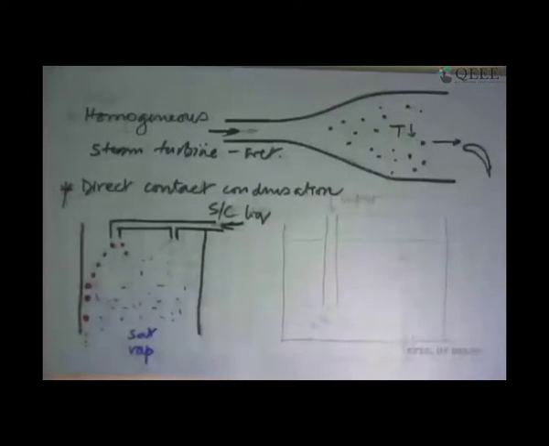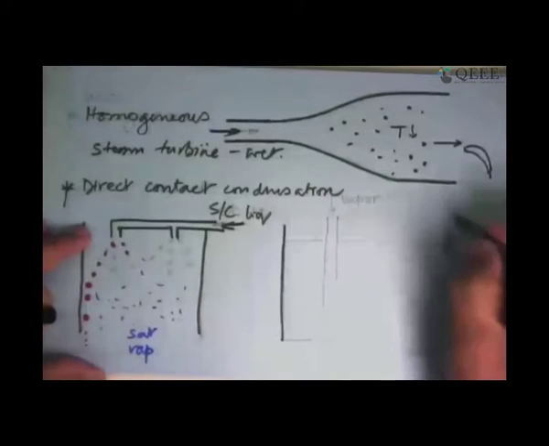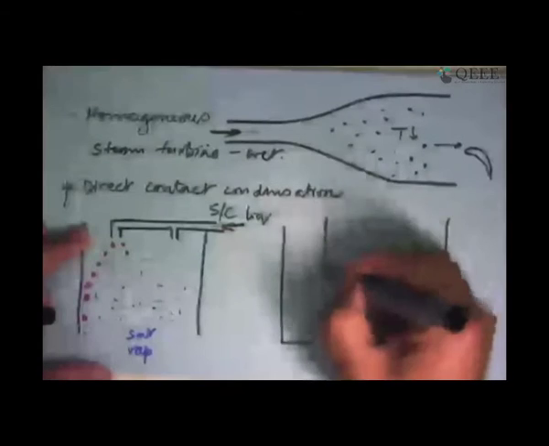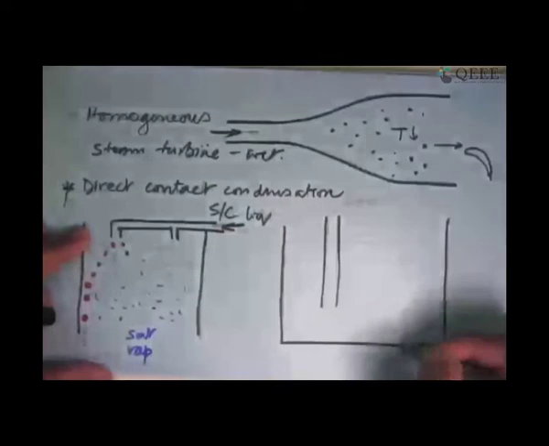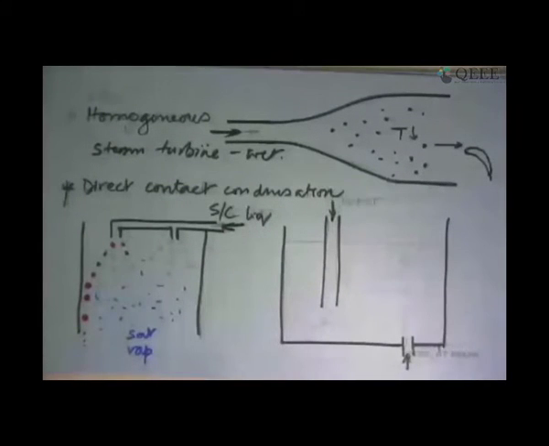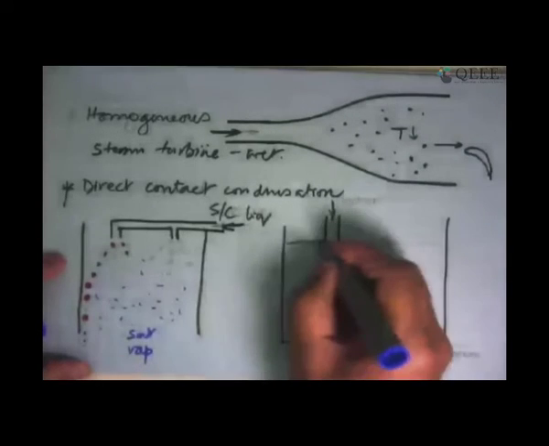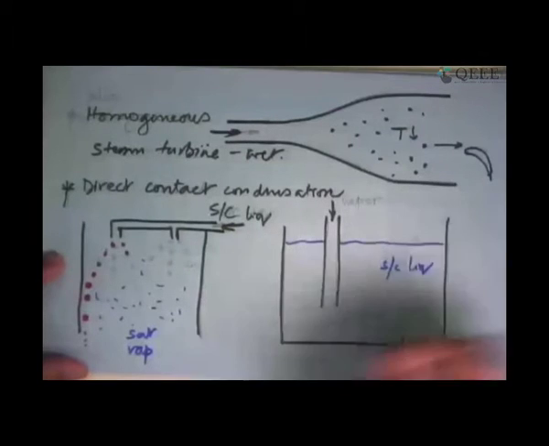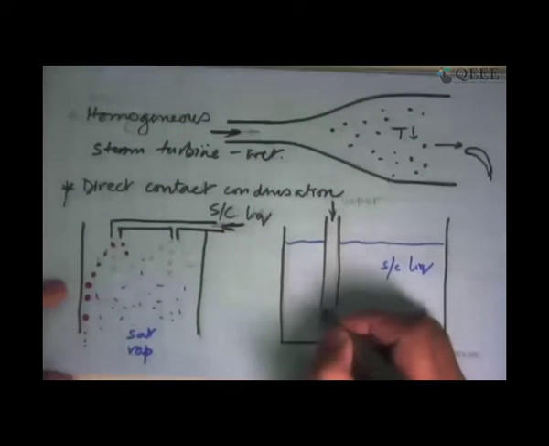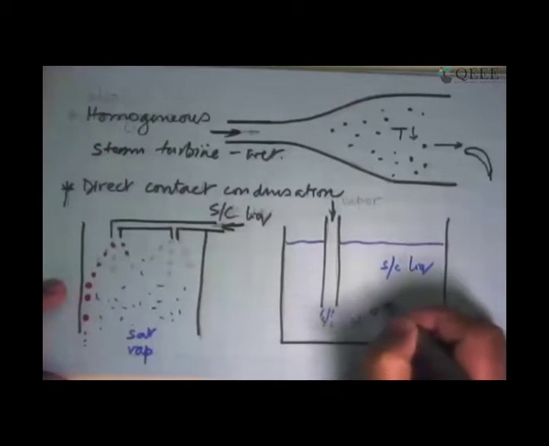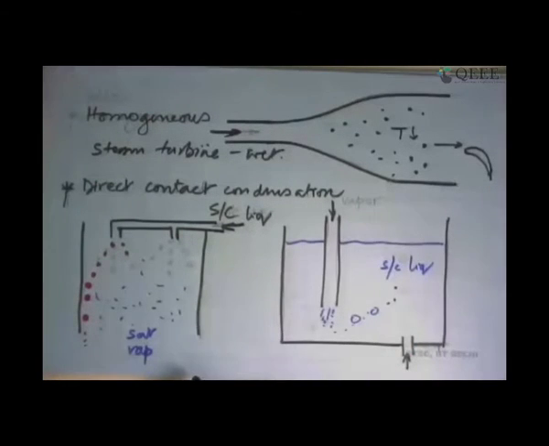The opposite of this is that you have a pool of liquid into which we introduce saturated vapor. So there are two possibilities I am showing here. We have the vapor being introduced from the top or vapor being introduced from the bottom. And this entire tank, this is containing the subcooled liquid. So what we have done is that this vapor is coming out. This is all vapor here, and it goes out as bubbles. They finally condense and the bubbles will disappear. So the vapor bubbles disappear and you have condensation taking place there.